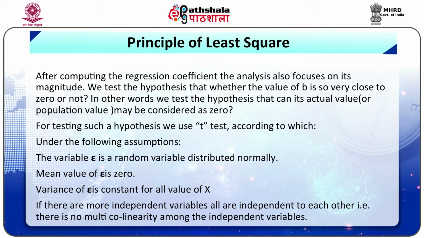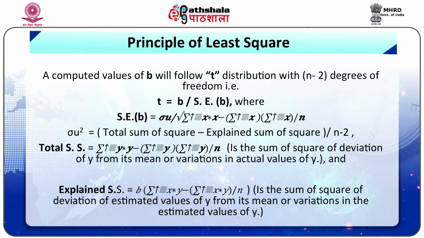For testing such a hypothesis, we use the t-test, according to which, under the following assumptions, the variable epsilon is a random variable distributed normally, the mean value of epsilon is 0, and the variance of epsilon is constant for all values of x. If there are more independent variables, all are independent of each other, that is, there is no multicollinearity among the independent variables. The computed value of b will follow a t distribution with n minus 2 degrees of freedom, that is,